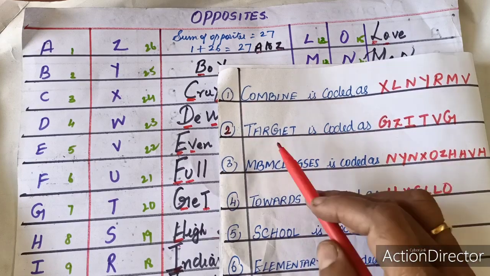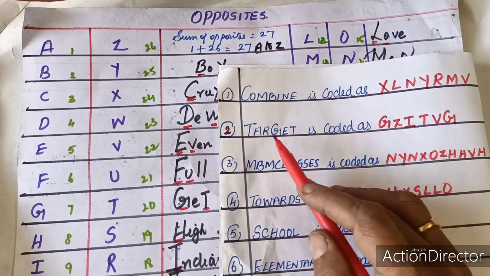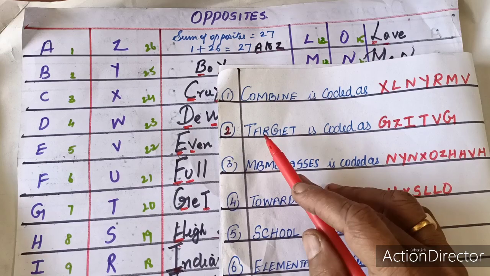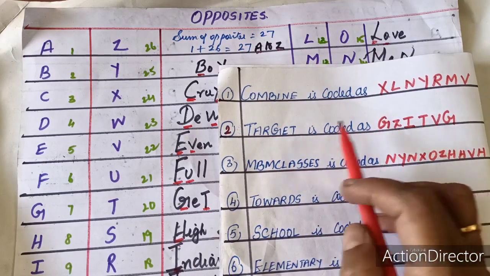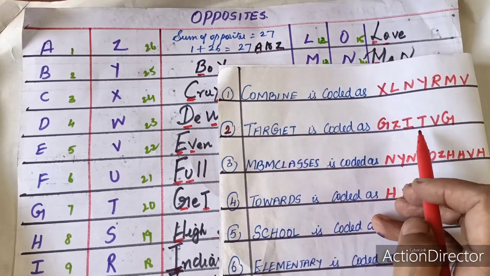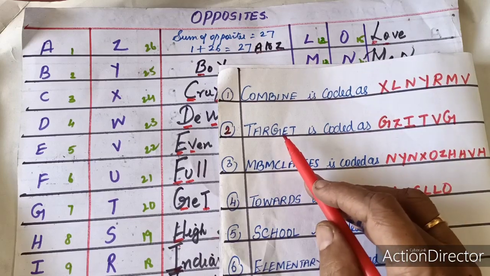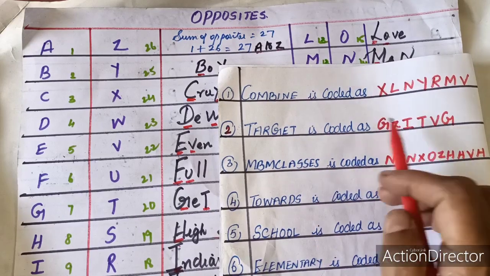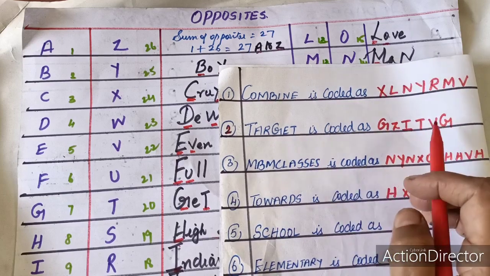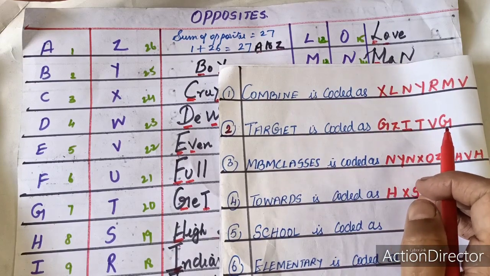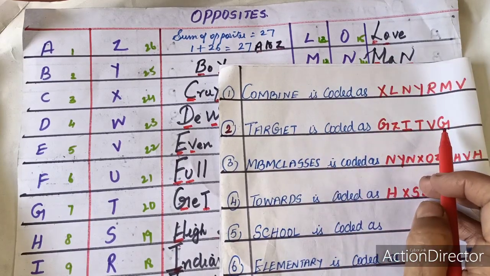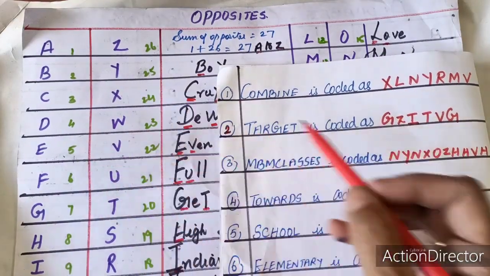So it is G. A to Z, Z. R, what is R? Indian Railway. So you can remember I. G, again get. So it is T. Opposite of E, even, V. Then opposite of T, again it is target, or T is get. So it is G. So initially you can see this table and write it down.